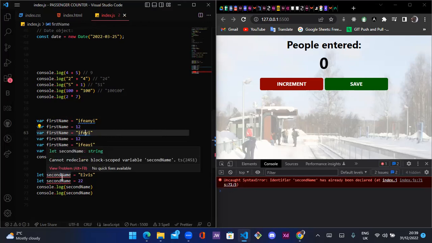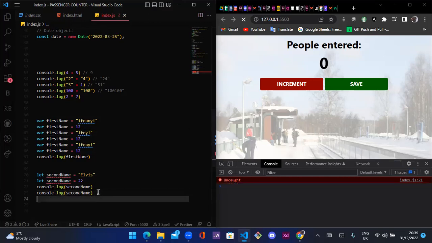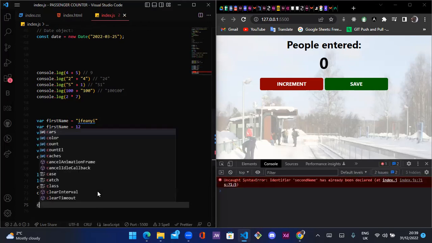But this let, you can't give this second name two properties. You can't give it both Elvis, that is a string, and this number 22. You have this error. And for const,